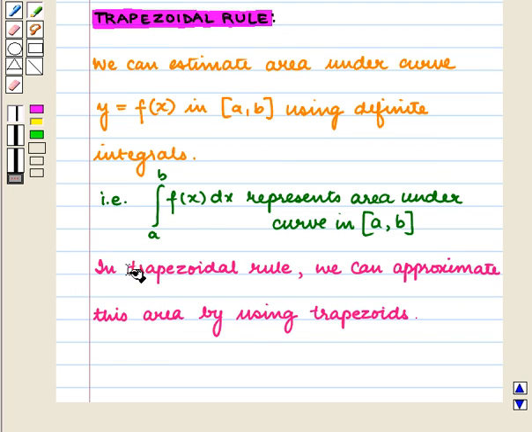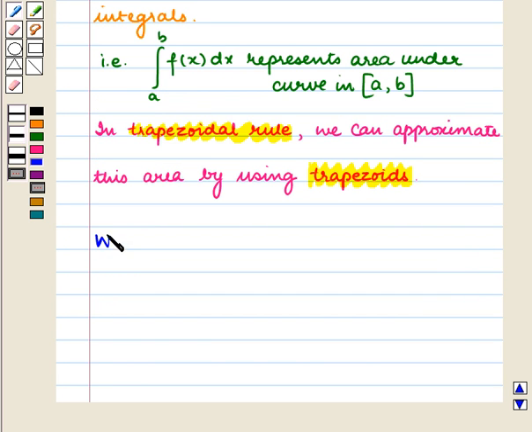In the trapezoidal rule, we can approximate this area by using trapezoids. We partition the closed interval from a to b into n subintervals